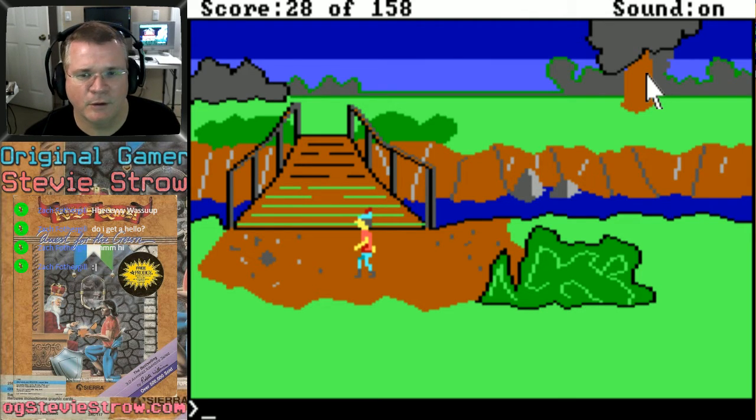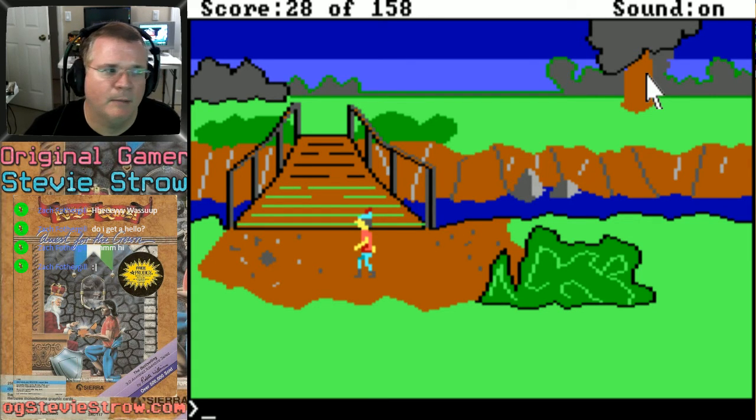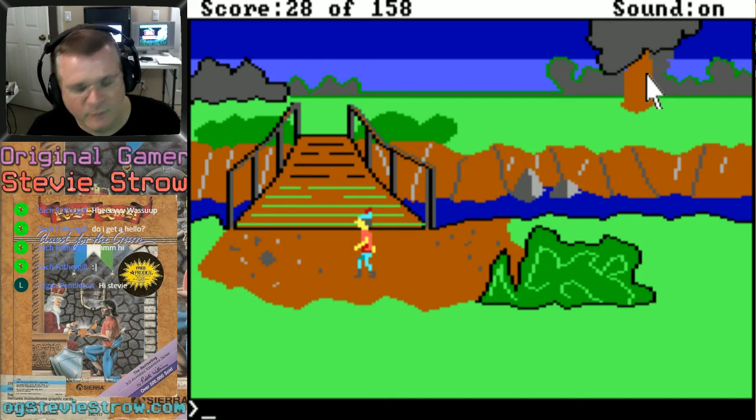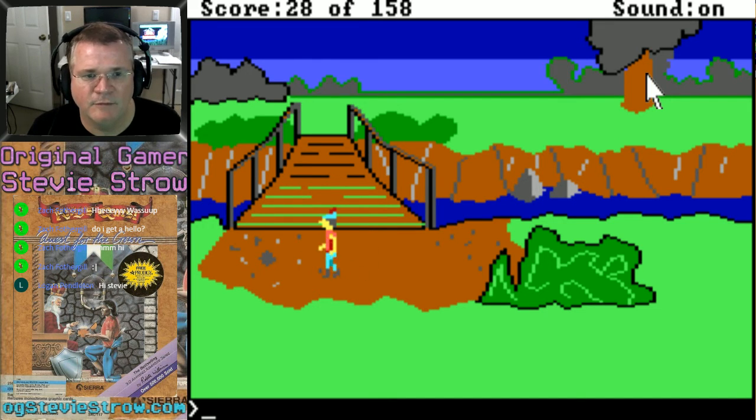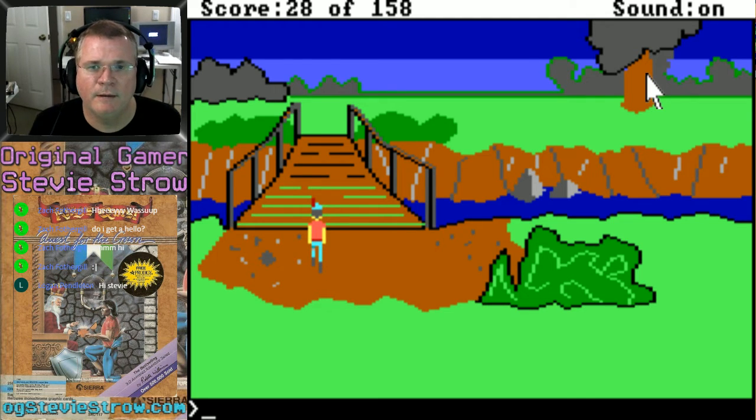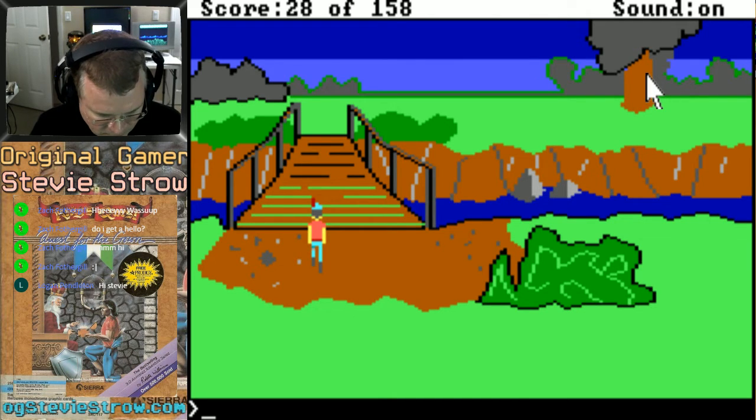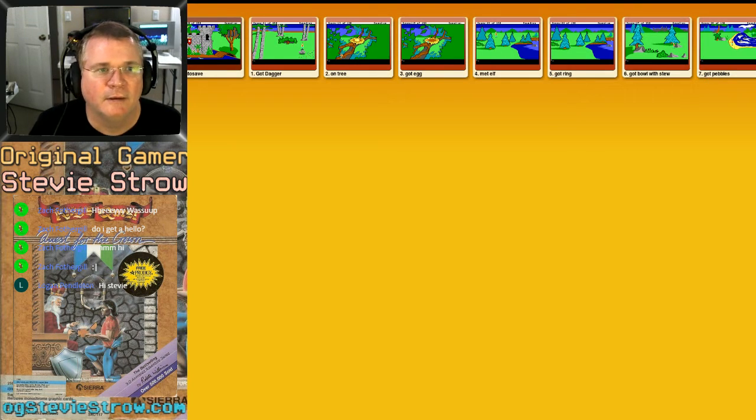Luckily for us, the good parts of the PC Junior were moved over to the Tandy 1000 that Radio Shack released, and that became an IBM clone that ran all the software. Hey, Logan's here. So the Tandy 1000 was basically the best of the PC and the PC Junior, and then this is really when these games started to take off as well, was that we had the 16 colors and the 3-voice music. So I'm going to try to save this real quick in case I die at the bridge,